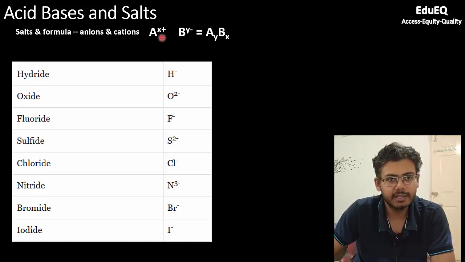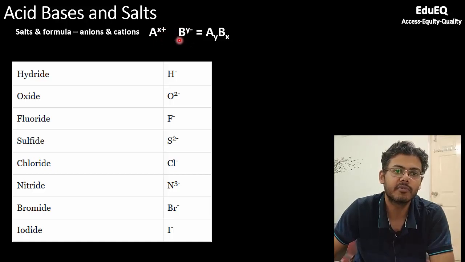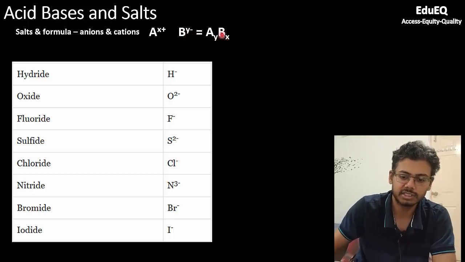So what will happen, these valencies or the oxidation states that you are seeing on top get crossed. So X+ will appear here and Y will appear here. So basically the valencies get crossed whenever you write a formula. So A in oxidation state of X+ and B, the negatively charged anion, in oxidation state of Y-, the final formula would be AYBX, because Y is coming here with A and X is going to B. So AYBX, this is how we write the formula. We will also see some examples.